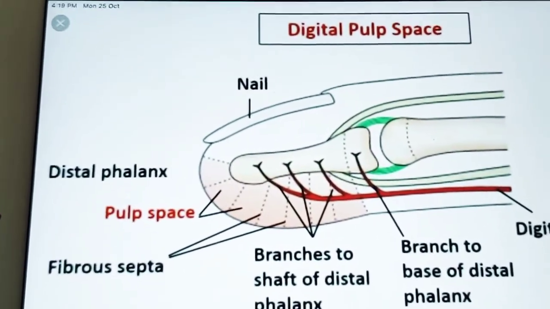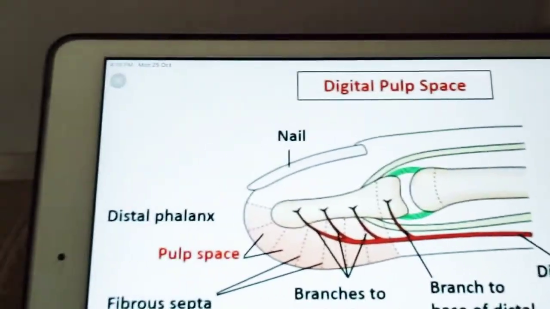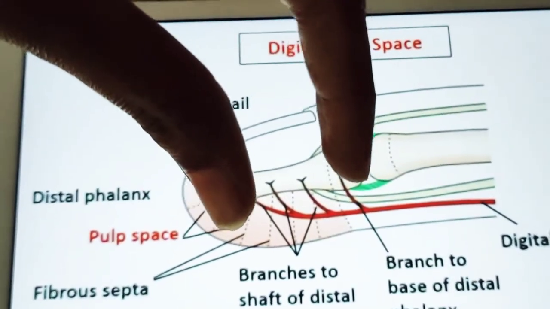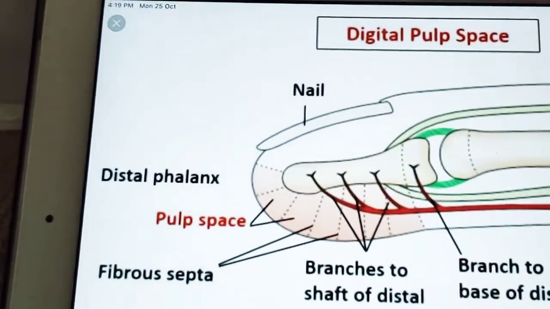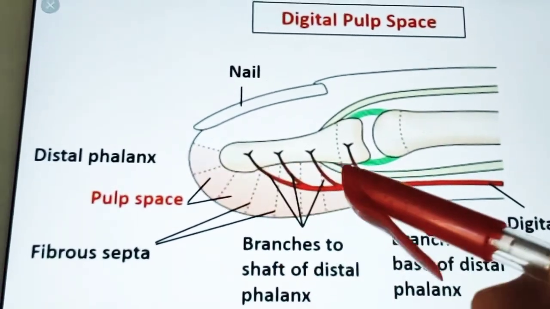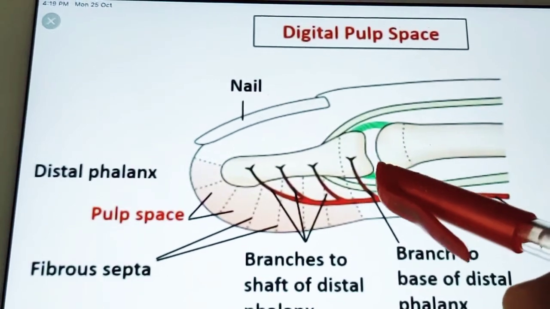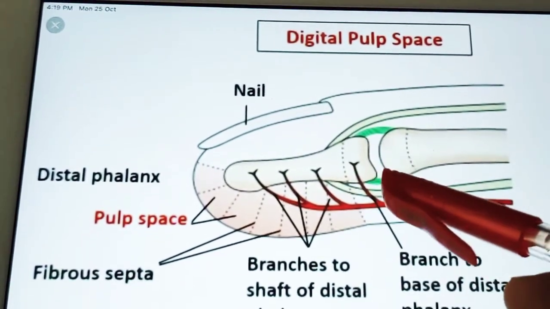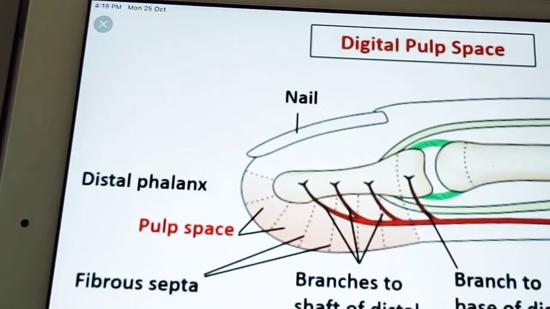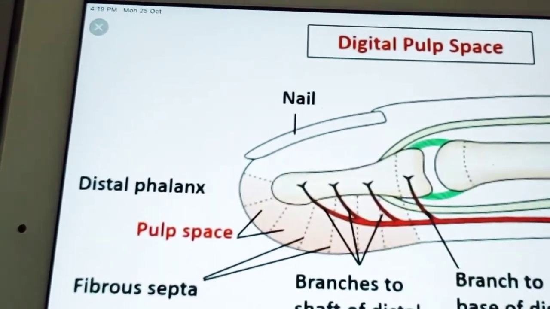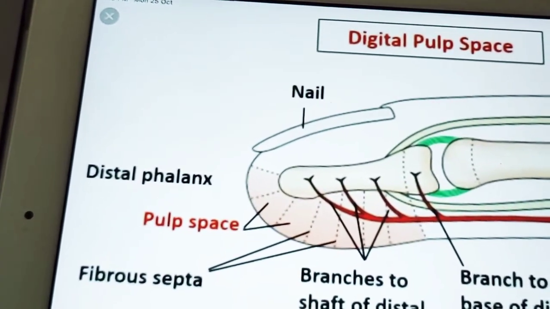If neglected, a Whitlow may also lead to necrosis of the distal 4/5 of the terminal phalanx. This is the distal 4/5 of the terminal phalanx, and this last one is the proximal 1/5. You can see till this dotted line it's 4/5 of the distal phalanx, and this is the 1/5. If this Whitlow is neglected, the necrosis will mainly be seen in the distal 4/5 part of the terminal phalanx due to occlusion of vessels by tension.